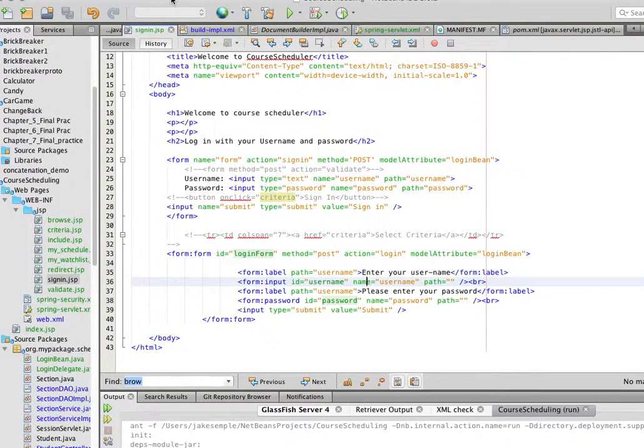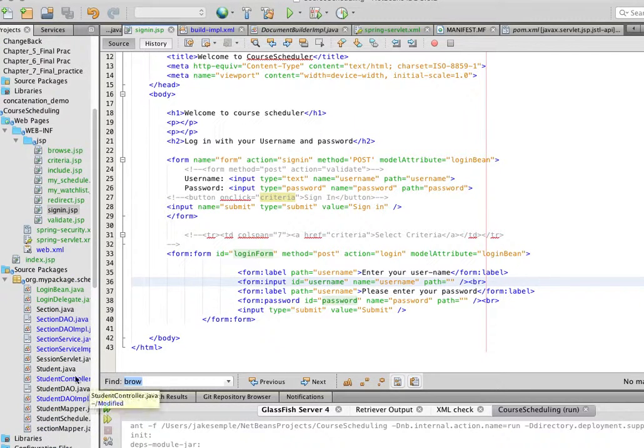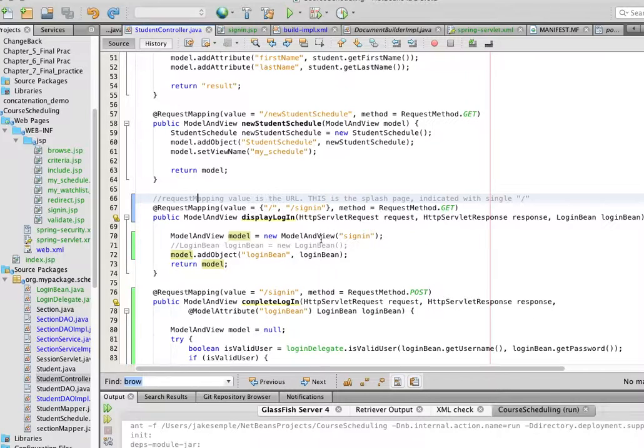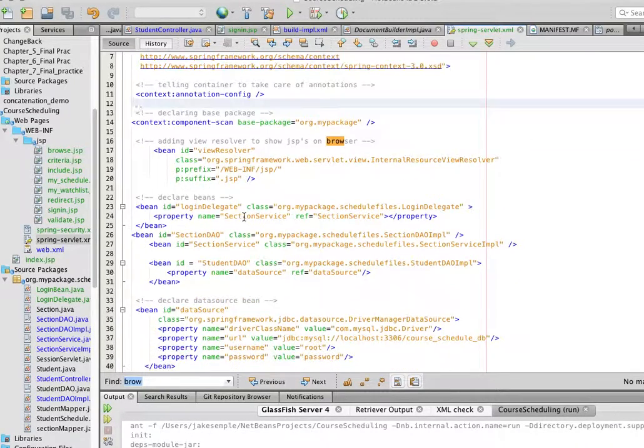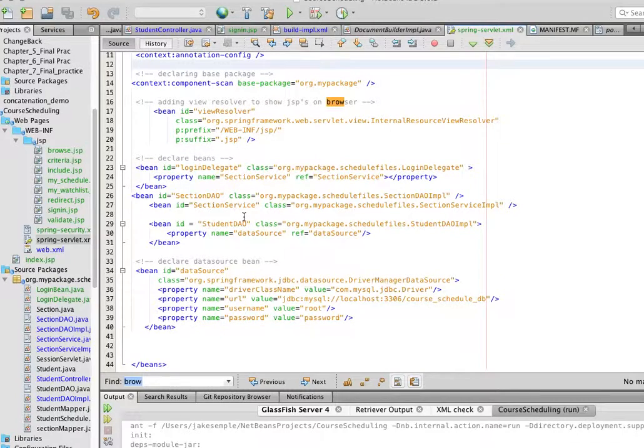So this is my sign-in page here. I'm going to go ahead and pull up the controller. So essentially, I've had to restructure everything to make Spring actually work. The first thing I had to do, I went back to my Spring servlet, the XML page, and